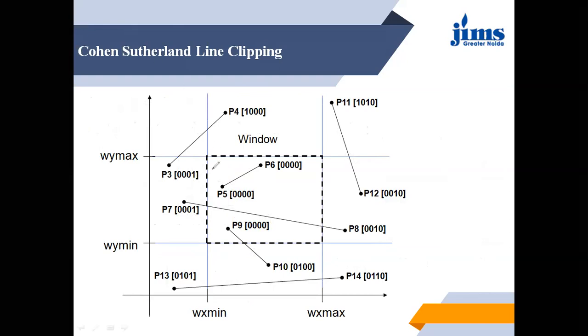So these are different lines. This P3, P4 is one line, P5, P6 is another line. These are different lines, and this is our window. So in this case, first of all, we have to find out the endpoint coordinates or the region coordinates of